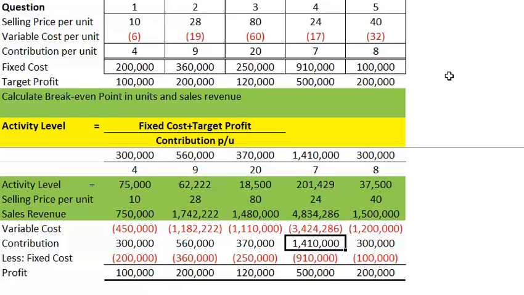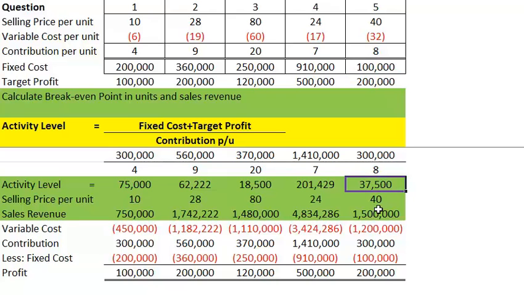In question 5, our selling price is 40 pound per unit. Our variable cost is 32 pound per unit. Every unit is contributing 8 pound toward fixed cost and a target profit. Formula is fixed cost plus target profit divided by contribution per unit. Fixed cost plus target profit is 300,000. 300,000 divided by 8 pound per unit. We arrive at an activity level of